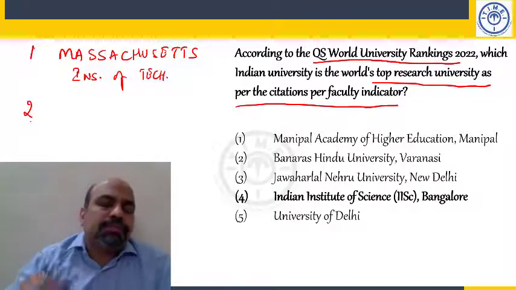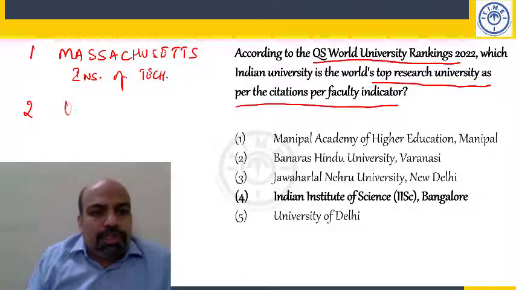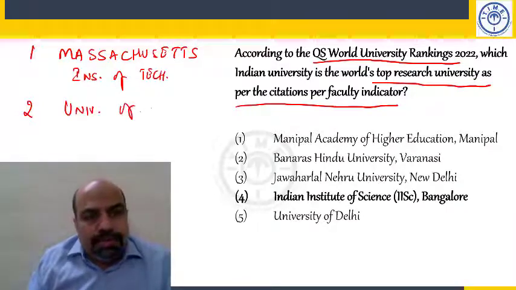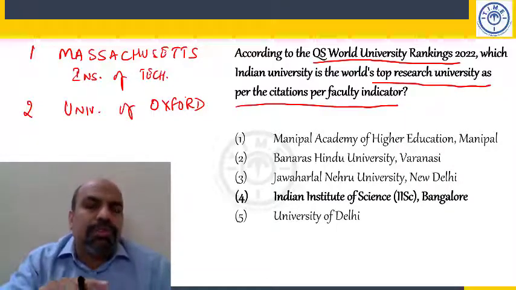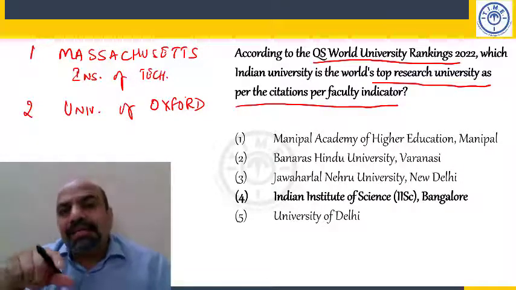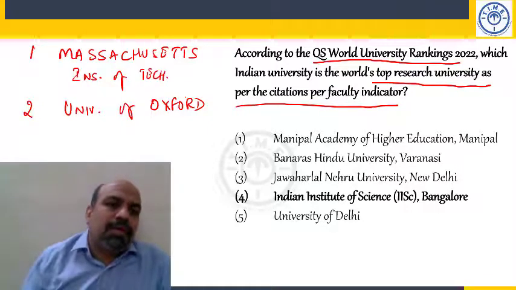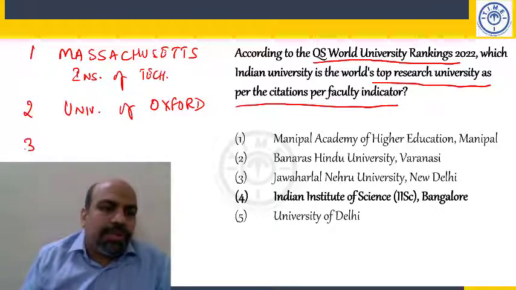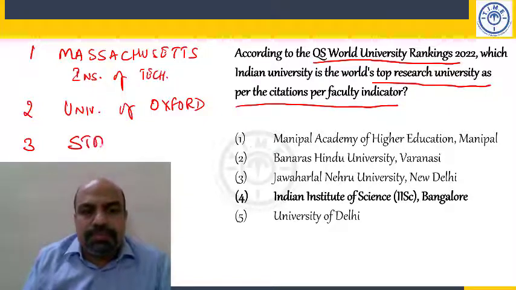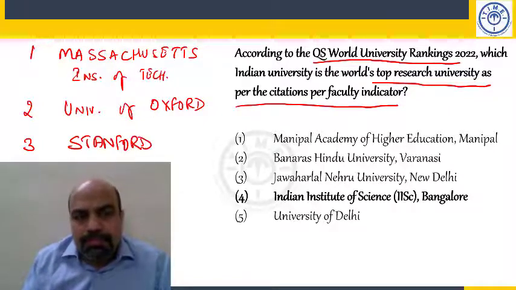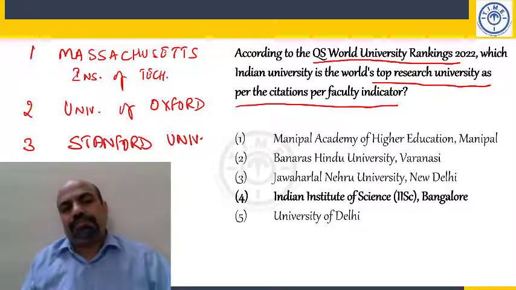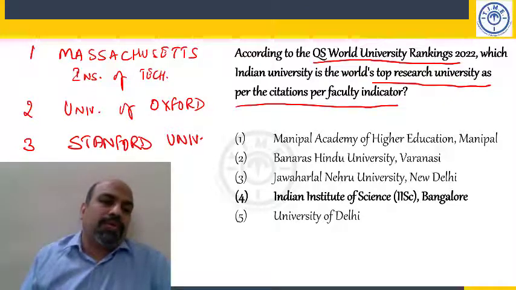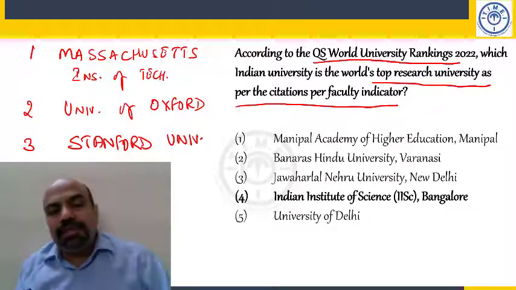Massachusetts Institute of Technology. Number 2, University of Oxford. This is the Covishield company, the Covishield institute. The Covishield vaccine has been developed by University of Oxford in collaboration with AstraZeneca, a British pharmaceutical company. Okay, University of Oxford. 3, Stanford University. So one is MIT. MIT is in Cambridge, United States. Okay, University of Oxford, and third is